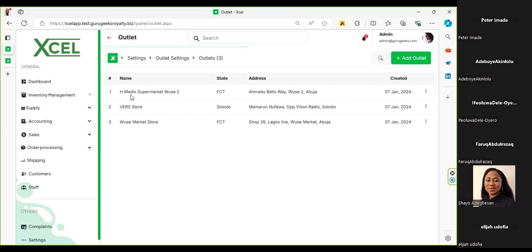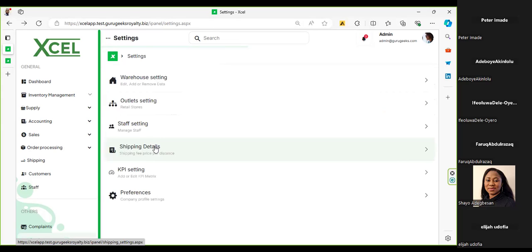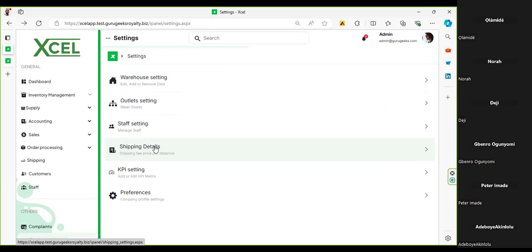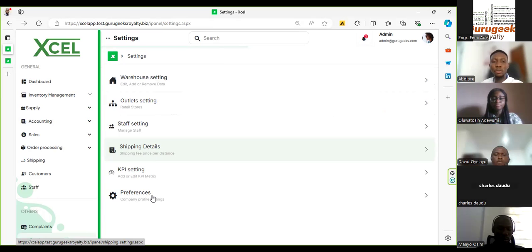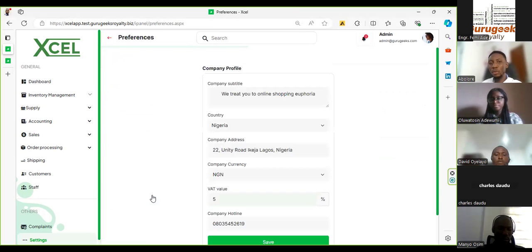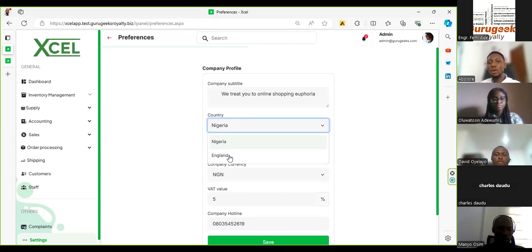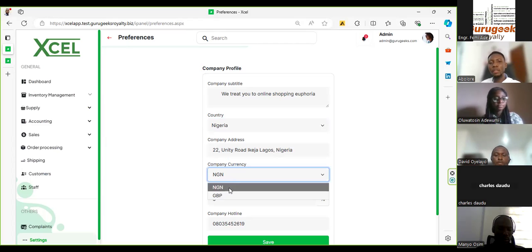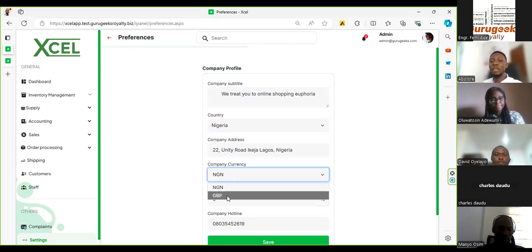Now, we understand that some of our audience might not be from Nigeria alone. Some of you might be from the UK, and we have also ensured that you can run the application from multiple locations, anywhere you are in the world. To do that, you just have to come to preferences, select the country that you're in, say Nigeria or the UK, and also select your currency type. So either you are transacting in Naira or in pounds. And once that has been done,